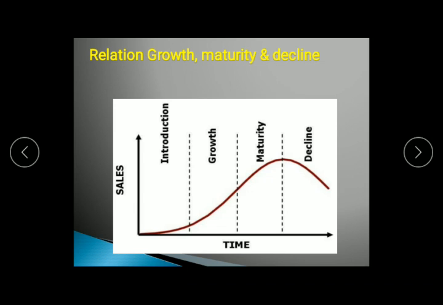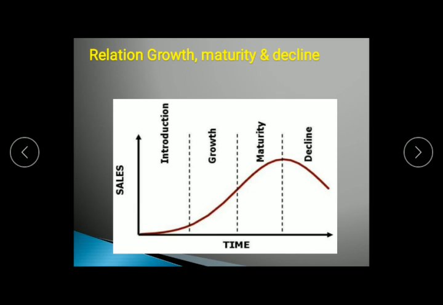It depends on which type of product you are manufacturing. For example, for electronic gadgets, the product life cycle is only 2 to 3 years. But if you consider a product used in daily life, for example toothpaste, take an example of Colgate. The product life cycle of Colgate is up to the maturity stage. There is no declination phase for the Colgate manufacturer because the majority of customers are using Colgate. It is not up to the declination stage.